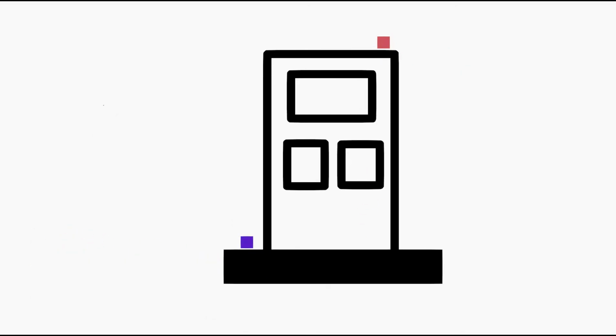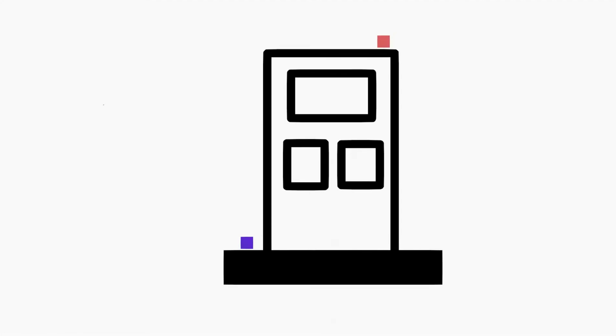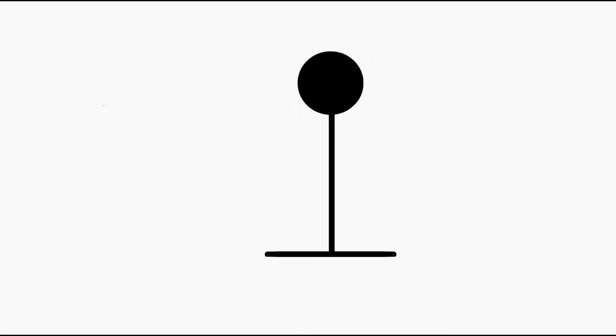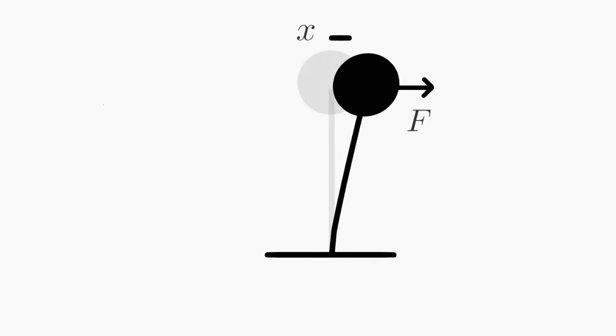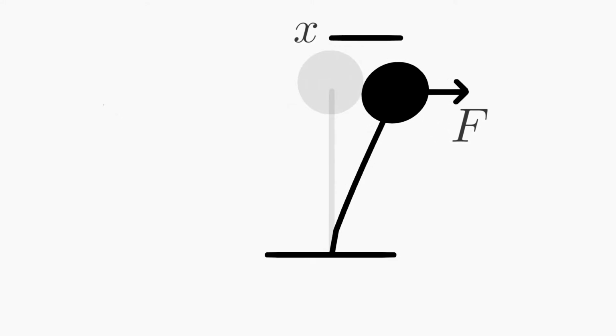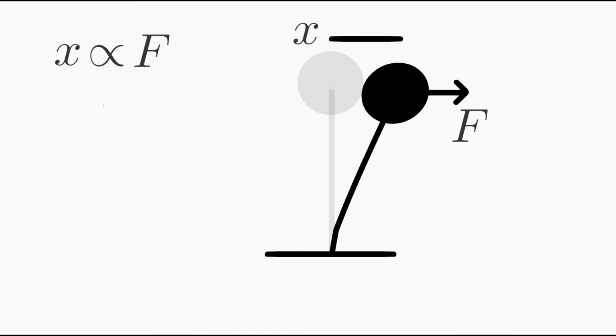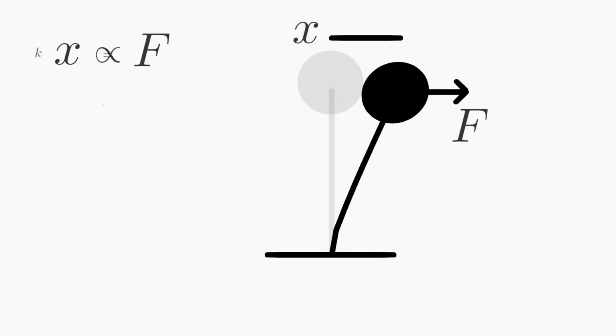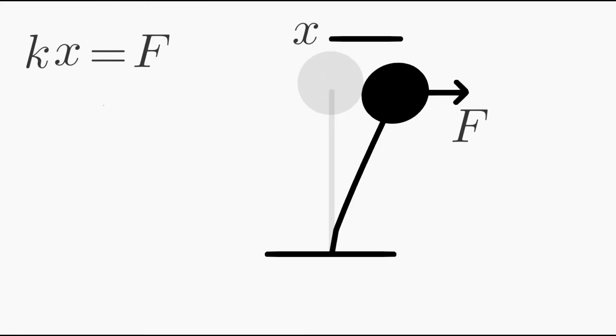To study this mathematically, we have to first look into the equilibrium equation governing the behavior of a structure subjected to seismic load. This we can understand with the help of a simple ball on top of a stick model. When load is applied on the ball, it moves in the direction of application of load. This displacement is directly proportional to the magnitude of applied force. More is the force, more is the displacement. The constant of proportionality is called stiffness. It is the force required to produce unit displacement in the structure.